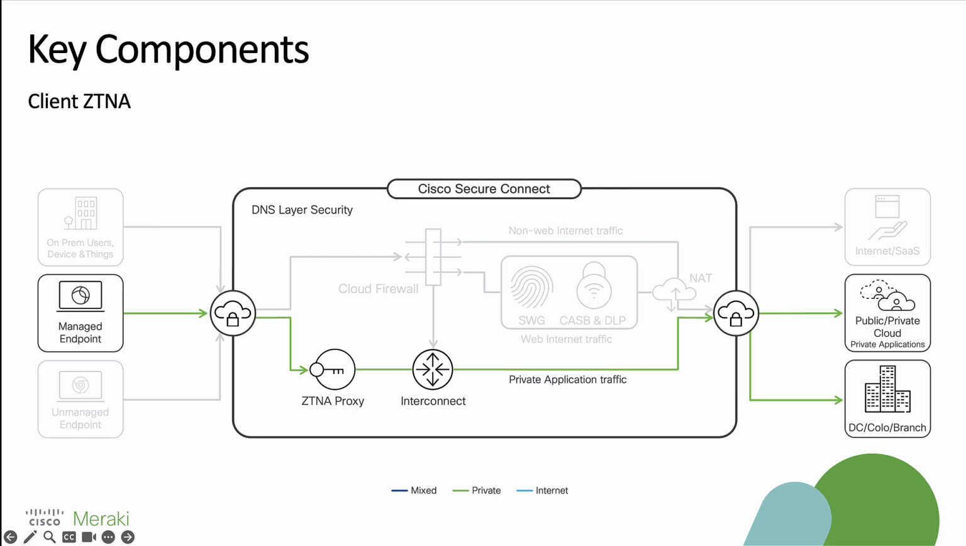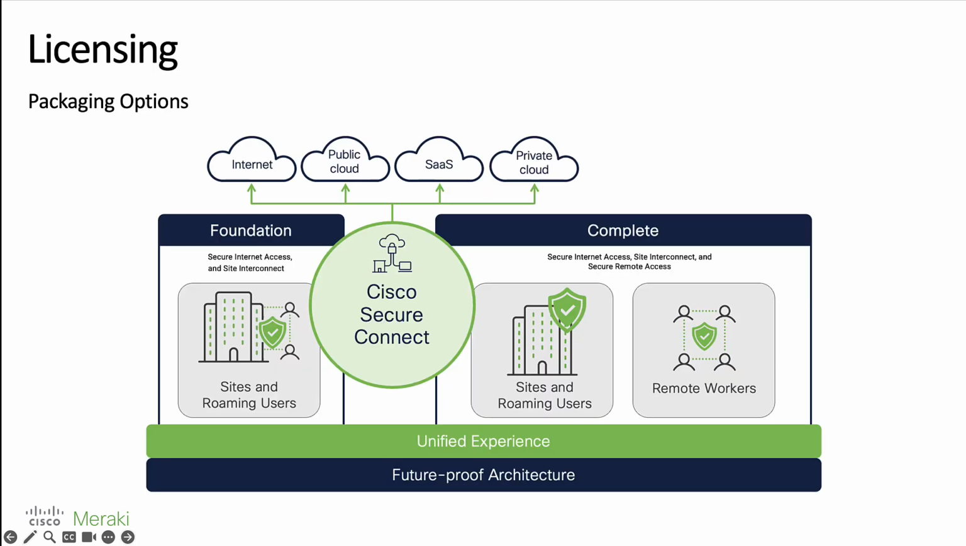It's from here where the module will forward traffic to our ZTNA proxy before forwarding it through our interconnect and then to its final destination based on wherever that resource lives. Now, for the licensing. There are two different packaging options that Secure Connect can be purchased in, between Foundation and